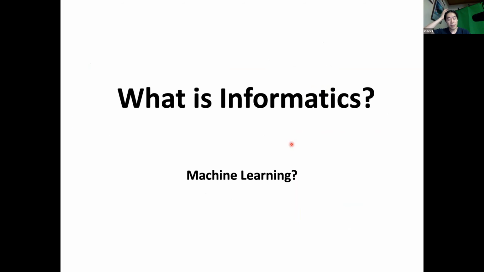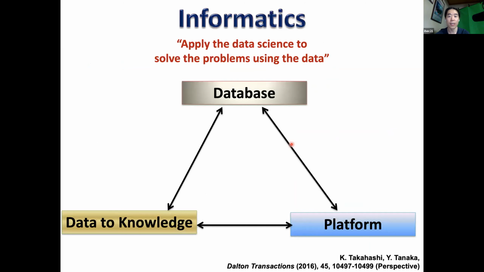The first thing is that this is called materials informatics, or even data science, and a lot of people still don't know what this is. So I'm going to briefly explain what informatics is and what machine learning is before I go into more detail. The word informatics is the idea that you apply data science to design or solve a problem using data. The idea is quite simple: if you have data, you use data science to design something. To do that, you need 3 steps. The first thing you have to do is have data, so you need a material database.